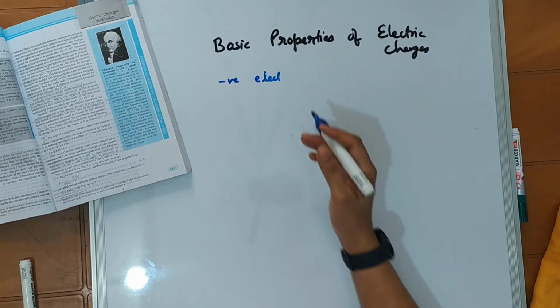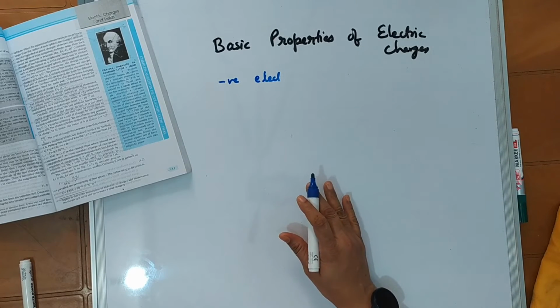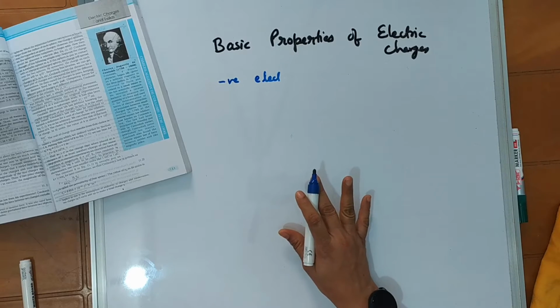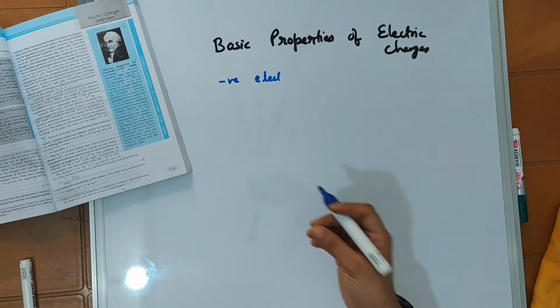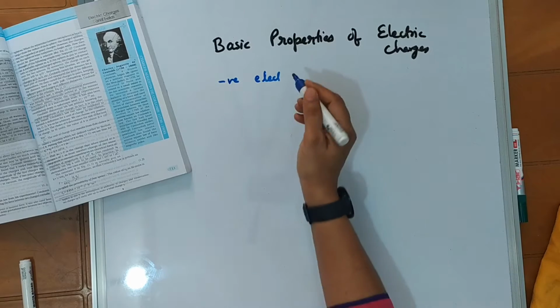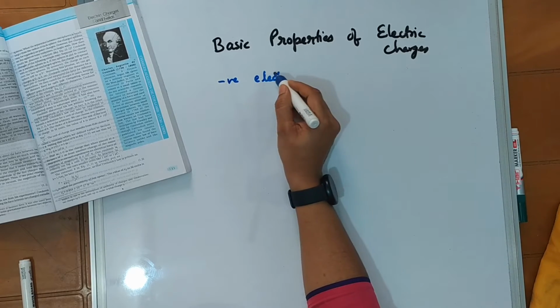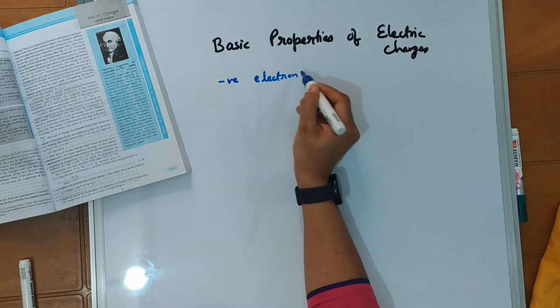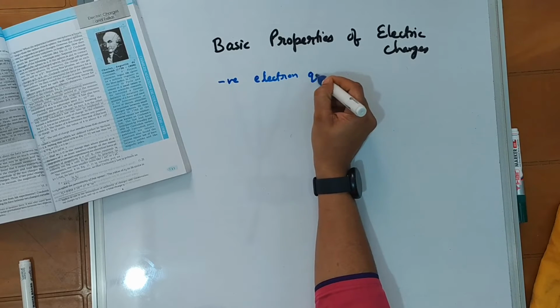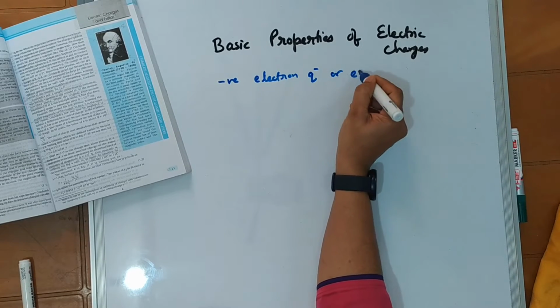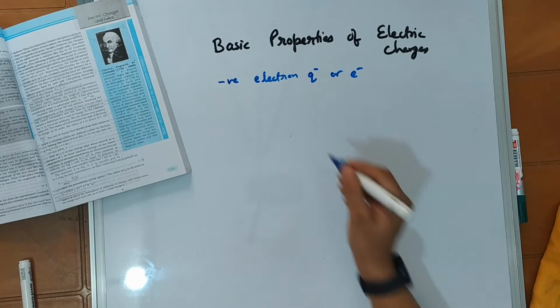Electrons and protons are the charges with which an atom is composed; neutrons are neutral. So negative charge is the electron, which we can represent as e superscript minus,